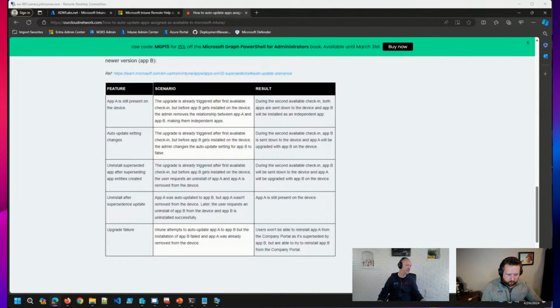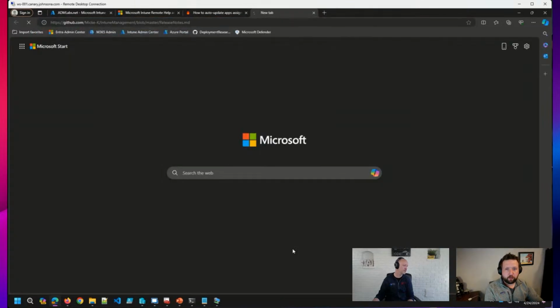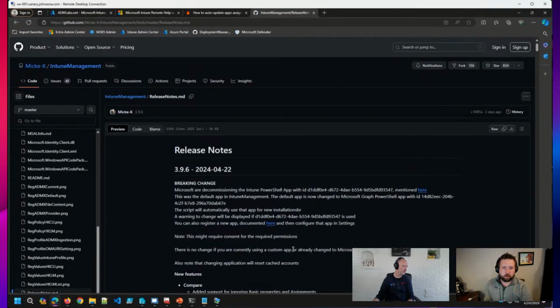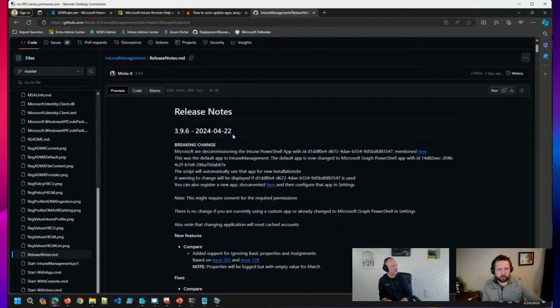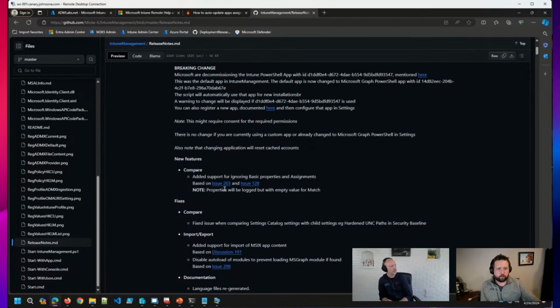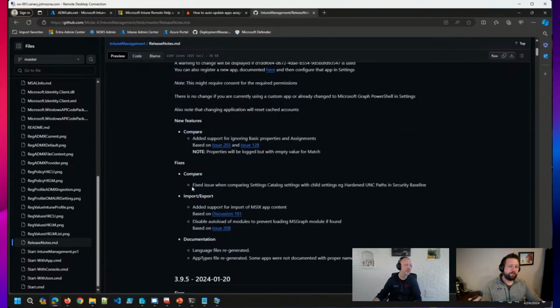Last but not least, one of our favorite Intune tools, and there are many, I must say. I should say one of our favorite Intune community tools from Michael Carlson, the Intune Management tool, had a minor update 2 days ago, it looks like. So a couple of things to note here. There was a new feature for ignoring some properties and assignments if you wanted to. A number of fixes